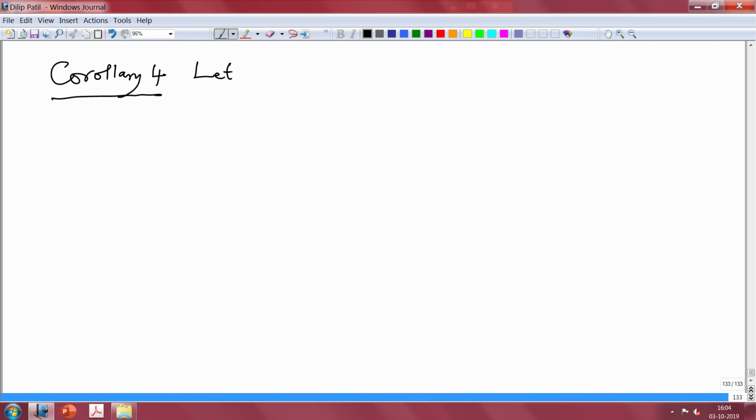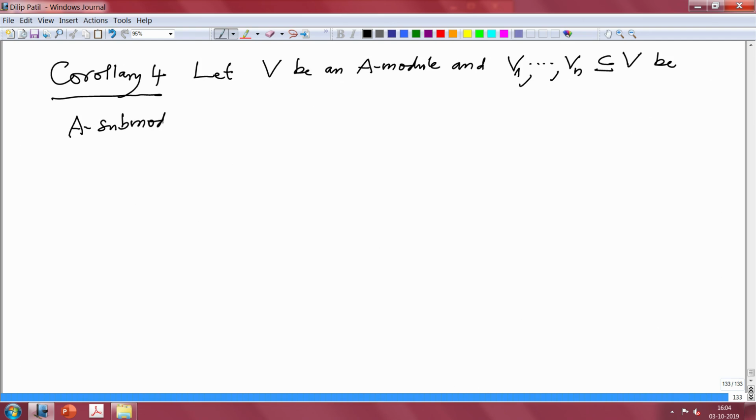Let V be an A module and V1 to Vn be A submodules of V. If all V1 to Vn are Noetherian, respectively Artinian,